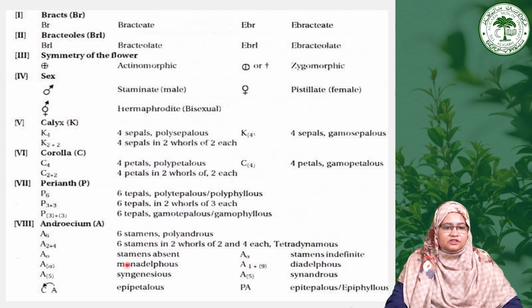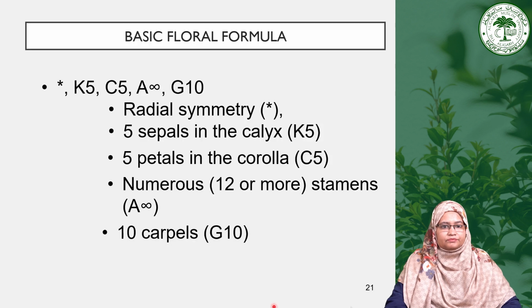A0 means the stamens are absent. A infinite is the polyandrous condition. A5 with a bracket is the syngenesious condition, or maybe synandrous. Depending on these, the symbols are different, and when the C and A are joined by a symbol like this, it is called the epipetalous or epiphyllous condition. So if we write a basic floral formula, as you can see here, this is K5, C5, A infinite,